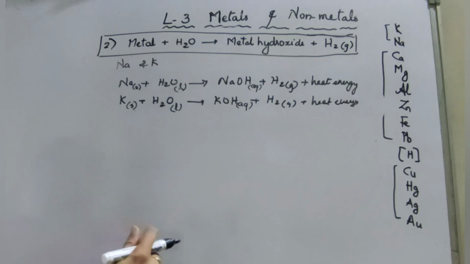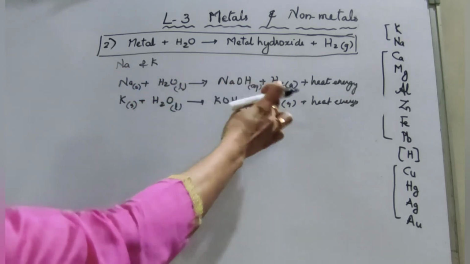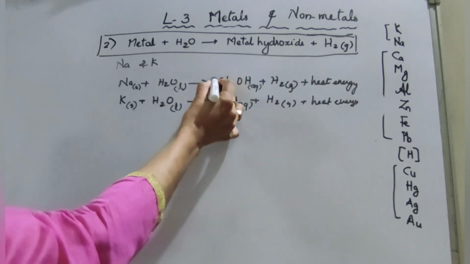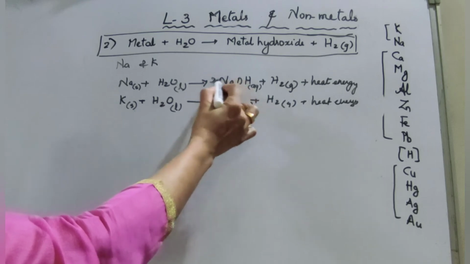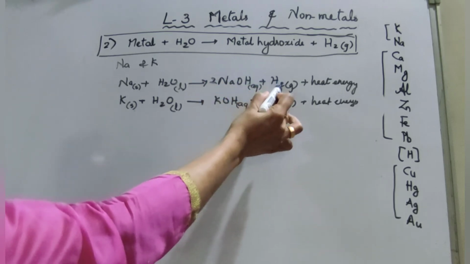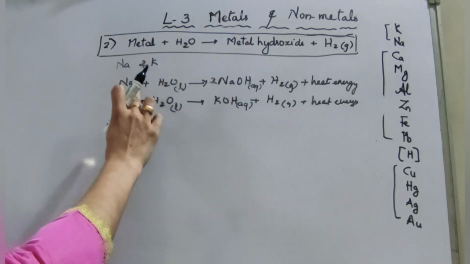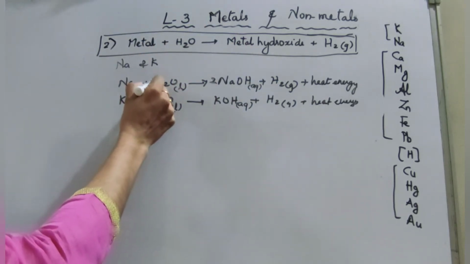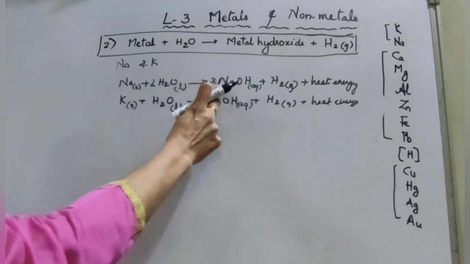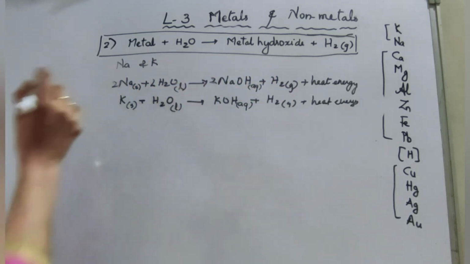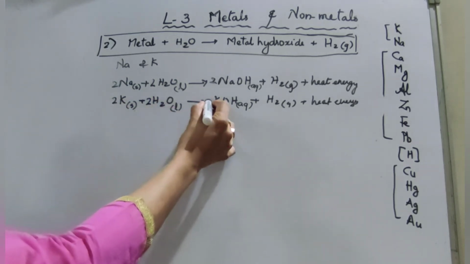Now you balance the equation. 2 hydrogen is there on one side, here 3 hydrogen, we have to put it as 2. So look at that, sodium goes to 2, oxygen 2, and hydrogen 2, 2 plus 2 is 4. Hydrogen goes to 4. Then same as on the reactant side, we have to make it 4. In the case of hydrogen, put 2 over there, 2 into 2 is 4, oxygen balanced. And sodium is 2 here, put 2 over here, sodium also balanced. Same in the case of potassium, no changes, put 2 over there.